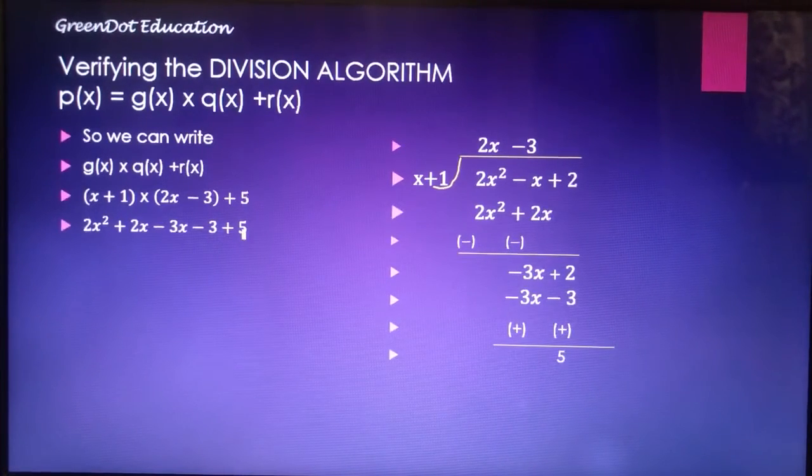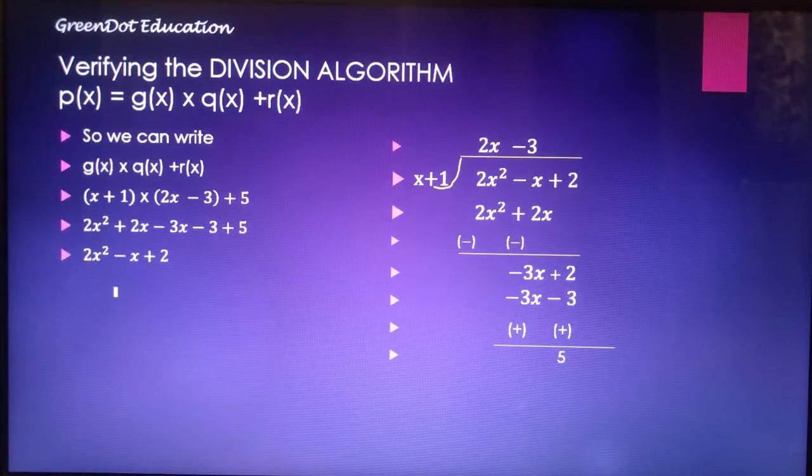Now solving this, we get 2x square. Now here for these two terms we have plus minus. Remember a rule, plus minus is minus, so we have to subtract the smaller number from the greater number, that is 3 minus 2, it will give us 1, and the sign will be for the greater number, that is minus 1. So we get minus x after solving these two terms, and adding on these two terms we have plus minus is minus, so we have to subtract the smaller number from the greater number, that is 5 minus 3, and it gives 2, and the sign it will take will be of the greater number, that is plus here. So we obtain this term, that is 2x square minus x plus 2,